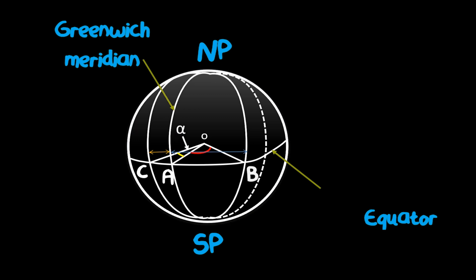And the angle that is subtended by this arc at the center of the earth can be measured, and that is what we refer to as the longitude of that meridian. For instance, meridian C here subtends an angle at the center of the earth that is denoted by alpha, and it is to the west of the prime meridian,